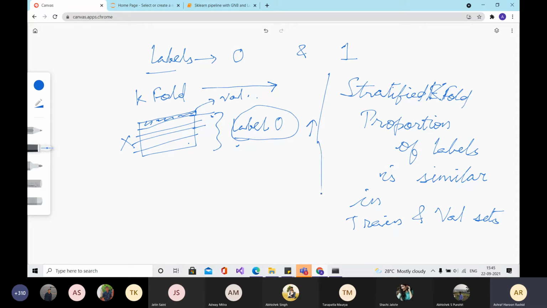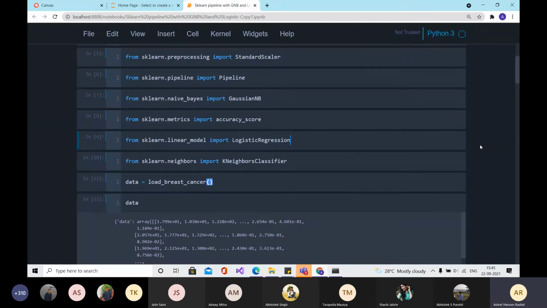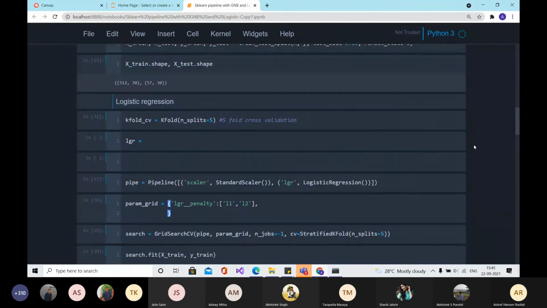So if you use stratified k-fold, then you will get a more unbiased estimate of whatever you are trying to do. And if you don't want to use it, you can just use k-fold cross validation.